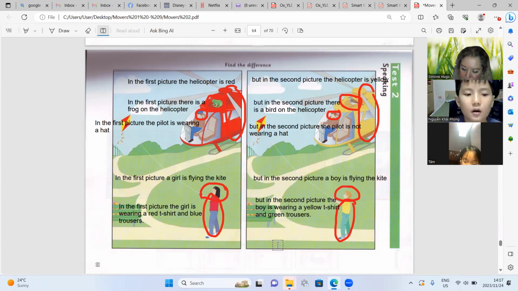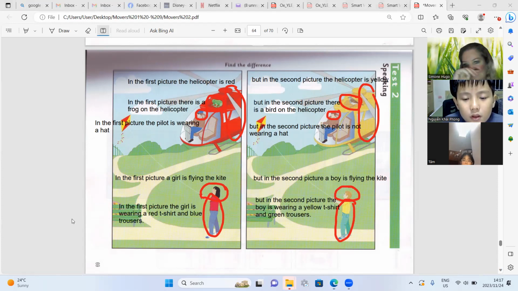Yeah, teacher. In the first picture, the helicopter is red, but in the second picture, the helicopter is yellow. In the first picture, there is a frog on the helicopter, but in the second picture, it's a bird on the helicopter. In the first picture, the pilot is wearing a hat, but in the second picture, the pilot is not wearing a hat.